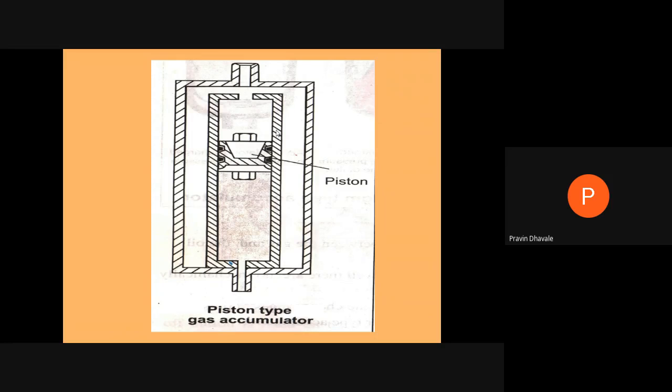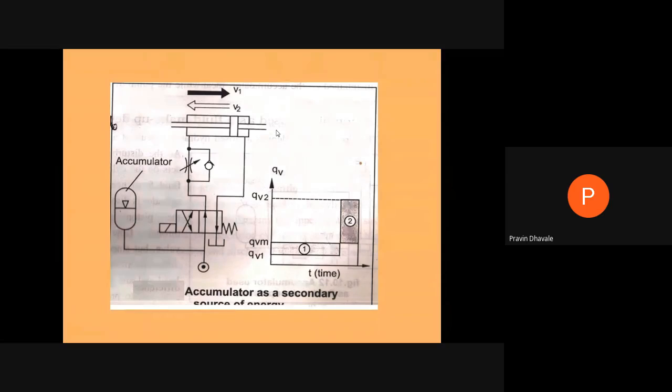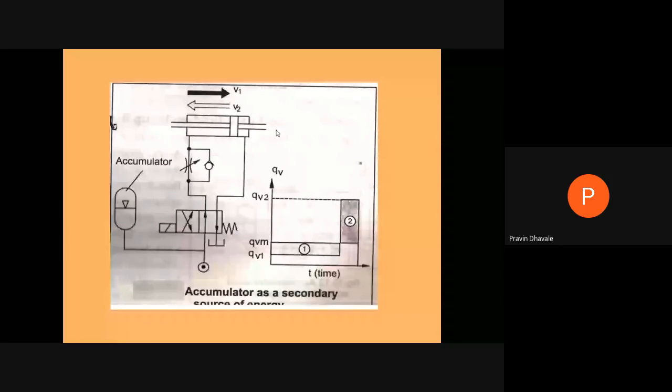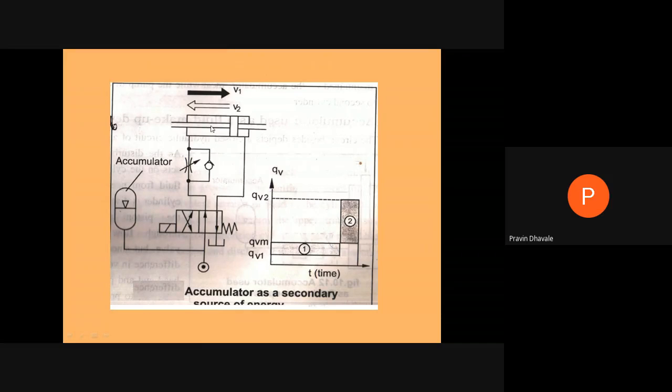Now there are certain applications of accumulators, right? But you may see the accumulator as a secondary source of energy. Here, this is the cylinder and piston arrangement, right? Here we are using different kinds of symbols for different elements. Just I will give a brief of the working, as an application. That is accumulator as a secondary source of